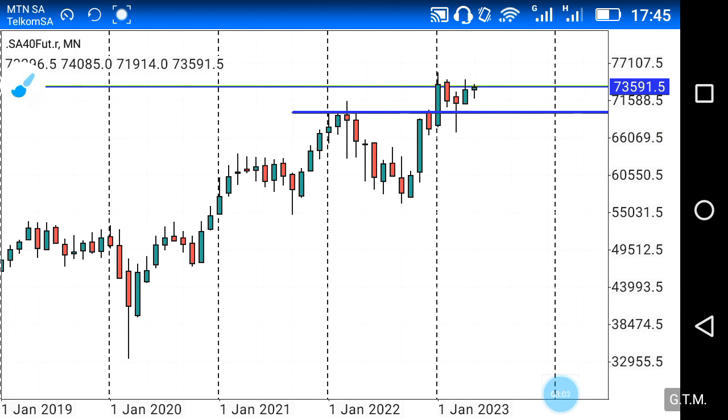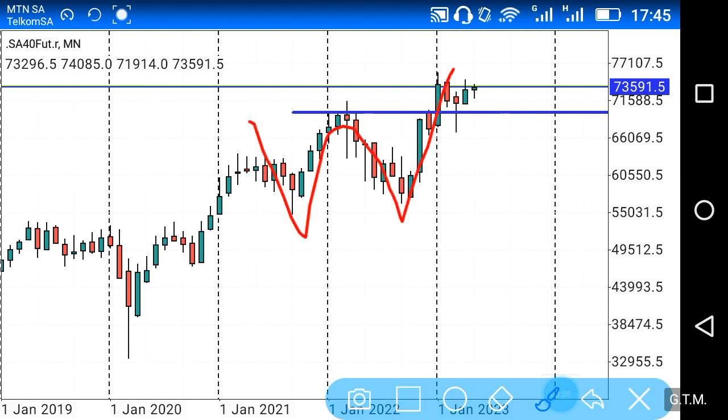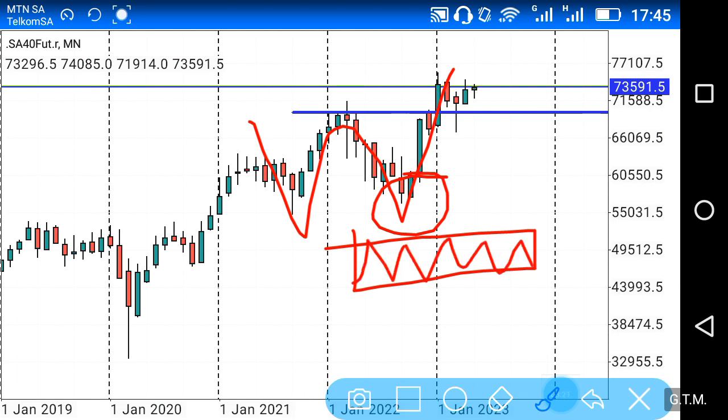So what else do we see, guys, in regards to the monthly chart? At this point I don't see much, but I also want to point out that as much as we have this W structure over here, remember that a lot of traders and investors usually buy on the second leg of that W structure, and they place their stop losses just at around that level. So what this tells us is that there's a lot of money stuck here in the form of stop losses,